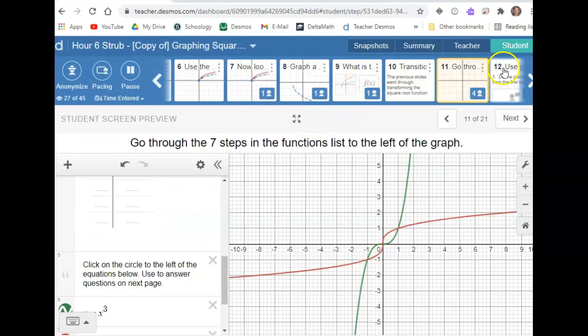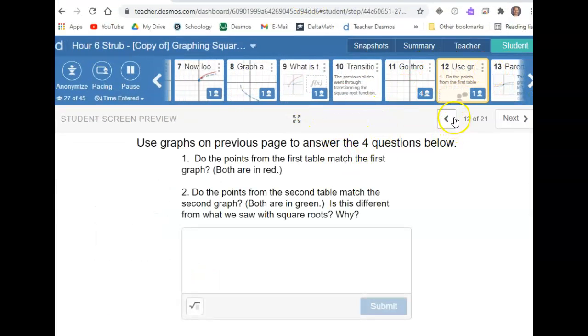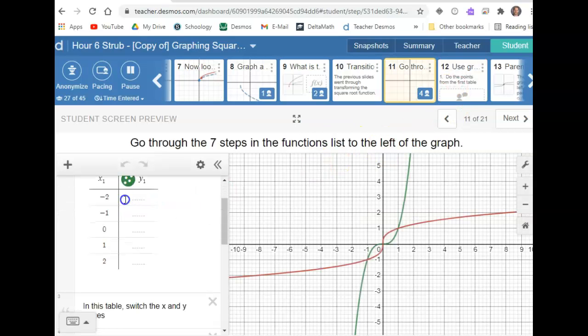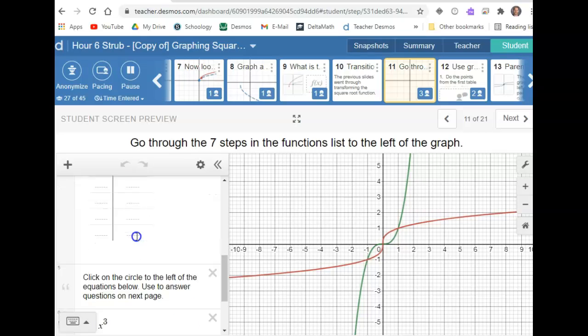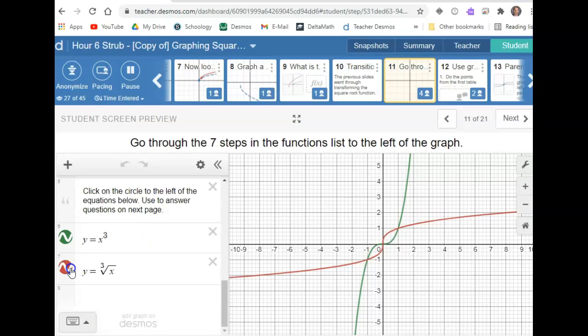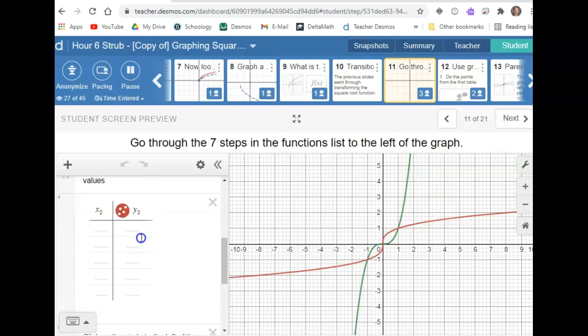If I look at mine, so here's slide 12. 12 tells us to go back a previous slide. So if I go here, I got a table in green. That's going to produce a green function. What might happen is that your points for your red one might not be accurate for the function itself. So if you didn't get your points in red to match up with this red line right here, then go back and check. Remember, you're doing